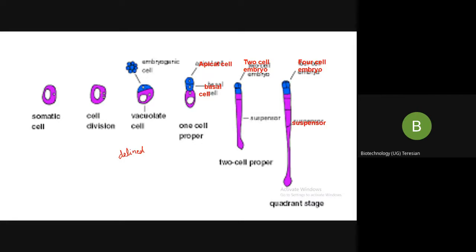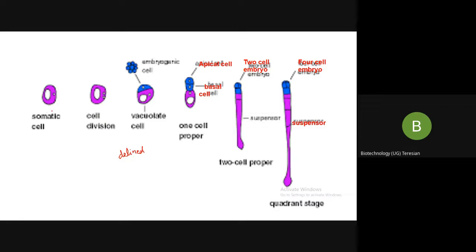The embryogenic cells then either continue to divide irregularly to form a proembryonal complex, or they divide in a highly organized manner to form what? Somatic embryos. So my somatic cells are known as the progenitor cells. They undergo